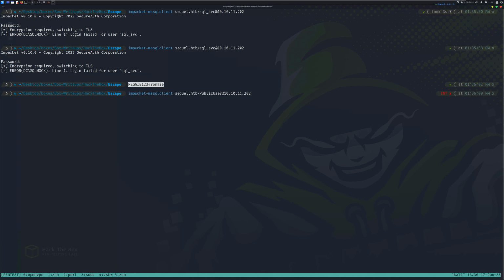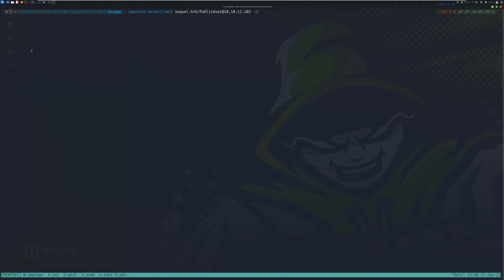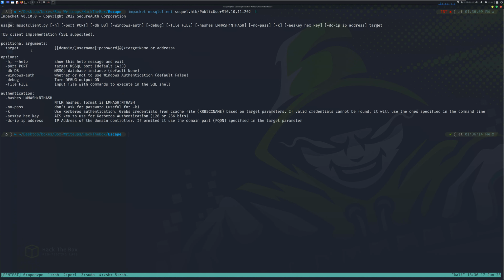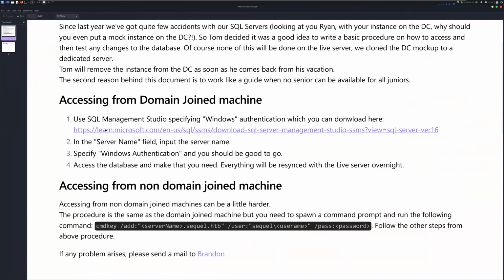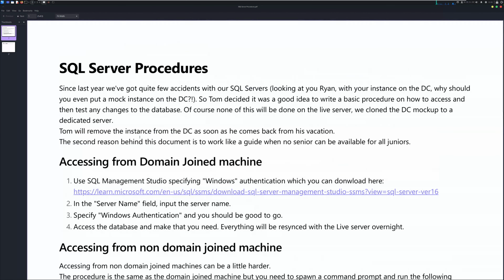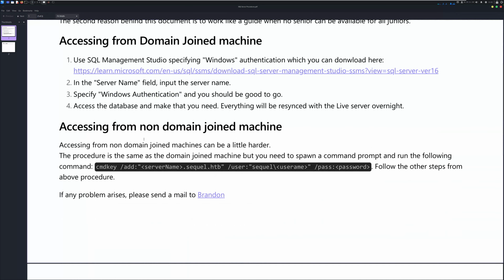So let's look at the help menu for MSSQL client, and as you can see, we are able to specify a flag of Windows-auth. So if I go back to the PDF, there is a place that they talked about Windows auth, whereby it says, let me see if I can actually find it. It talks about, specify Windows authentication, and you should be good to go. So here it is. So basically, let's try to specify that